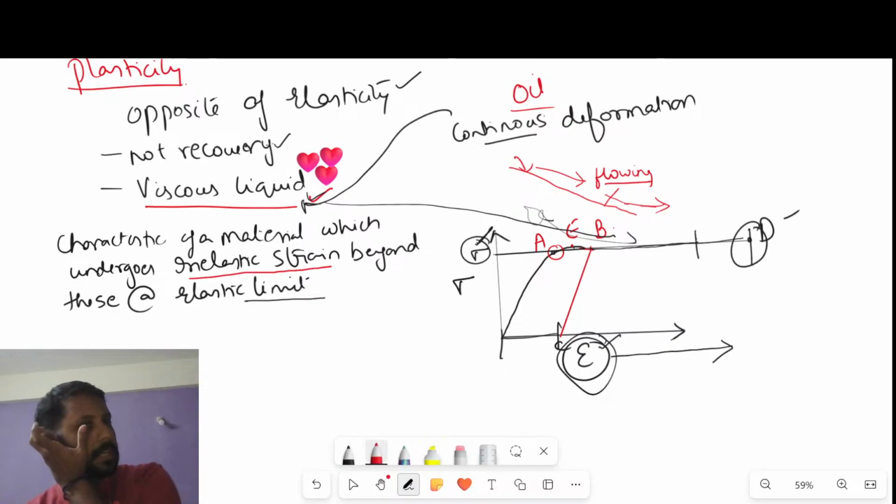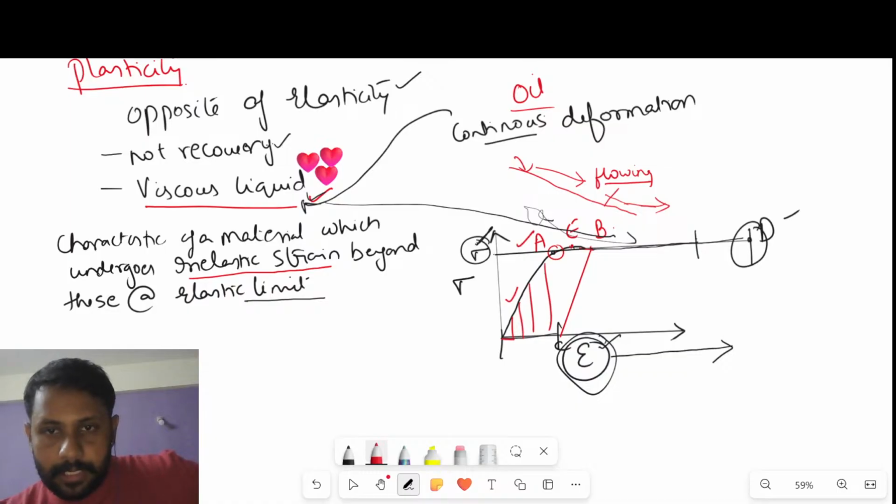Why are you calling it inelastic strain? If you see here, before the elastic limit also this material has undergone some strain. There is some strain value. If you see the graph here, there are certain strain values here also. Yes, sir. But after E, without any increase in stress, the strain is increasing. But before E, there is some increase. Here it is sigma 1, here it is sigma 2. That means there is increase in stress by this much. Here the stress is sigma 3, here the stress is sigma 4. Okay, here the stress is sigma 5.